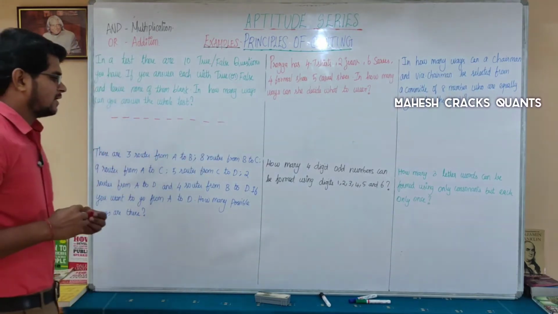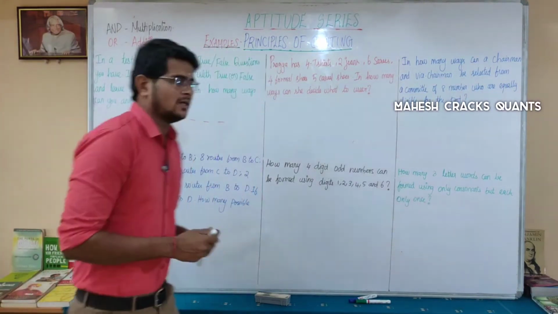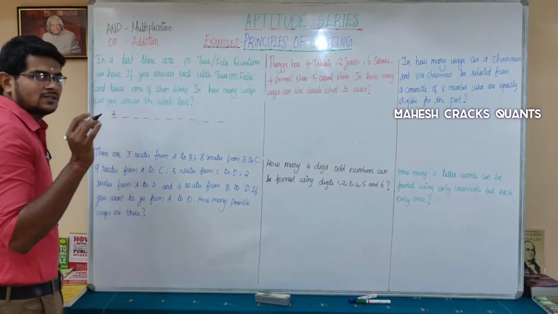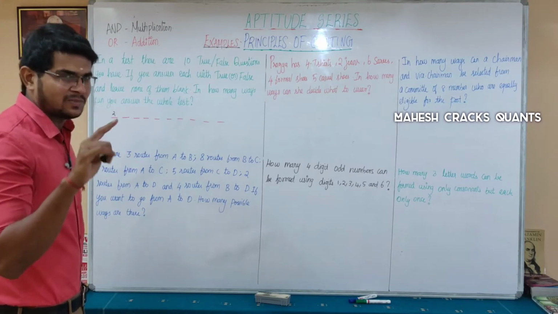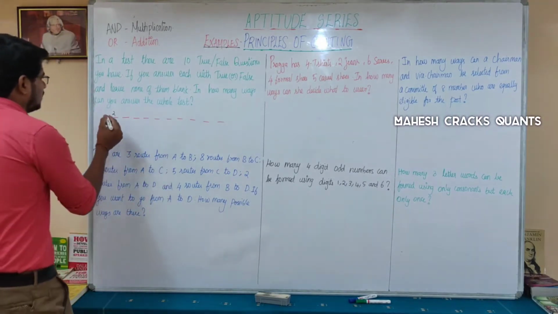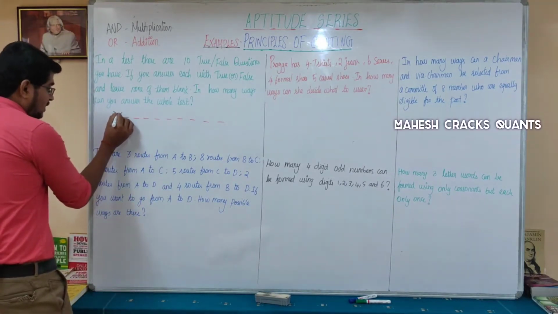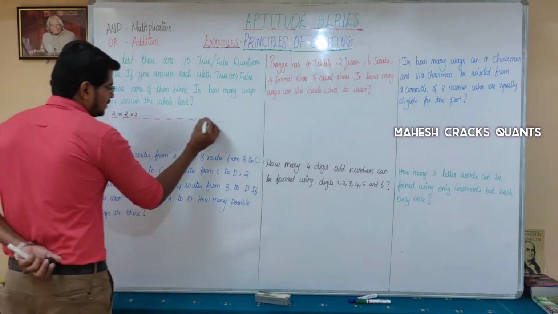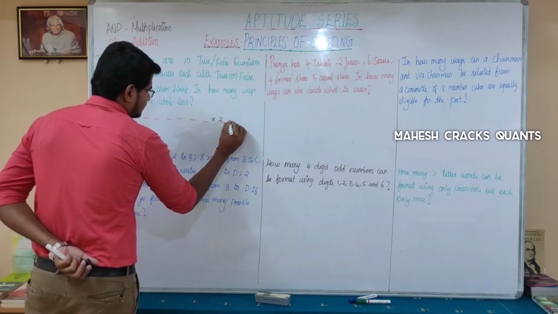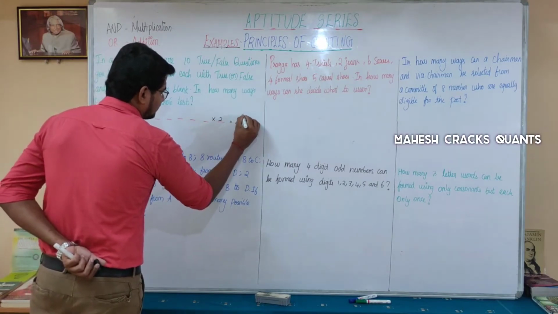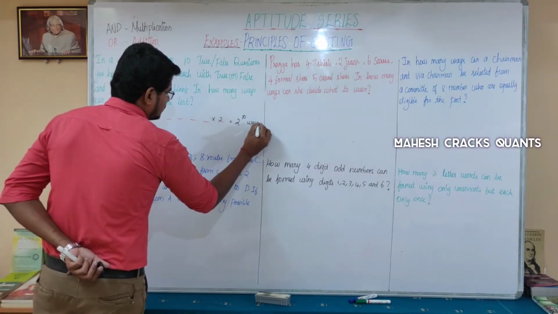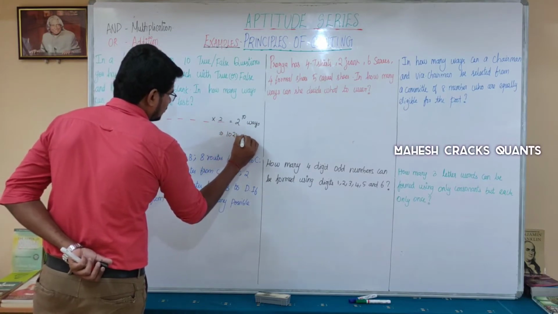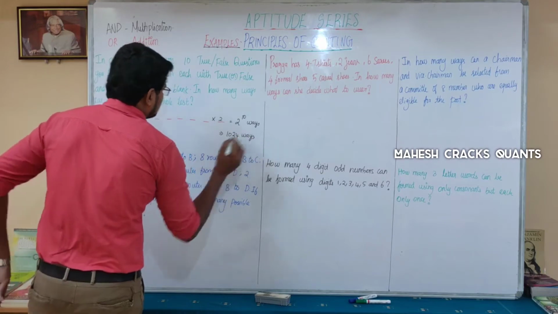So there are 10 questions you have to answer, and for each question there are 2 choices, true or false. I answer the first one, and the second, and the third, and so on up to the 10th. So totally 2 power 10 ways. That's the answer: you can answer in 2 power 10 ways, which is nothing but 1024 ways.